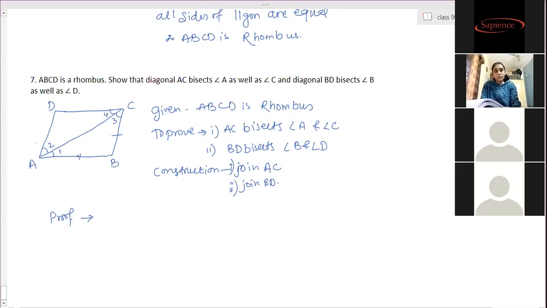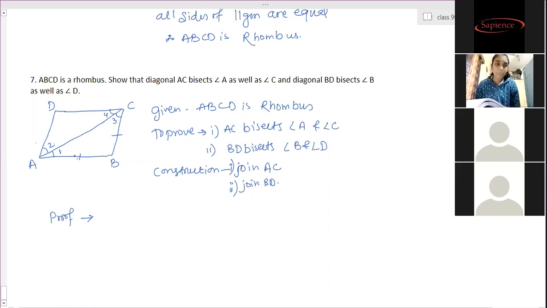No, bisecting angles we have to prove. Two methods are there. One is congruency, but in congruency, if you do some simple mistake, then it will go wrong. Yes, congruency also we can prove it, but in congruency we have to show adjacent sides equal. If you show opposite sides equal, then gone. You won't get any marks. So therefore, I'm telling you the different method.